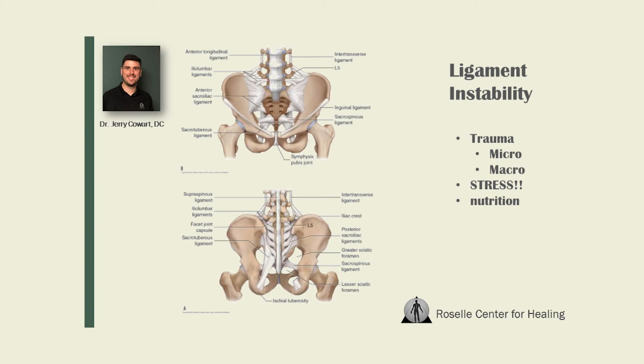So the micro traumas are the biggest thing with the current climate, because everyone's working from home right now. So a lot of people, if they had proper work ergonomics in their office, which some of them still didn't, and then they moved to working from home, they definitely don't have proper work ergonomics at home, because I've heard a lot of stories of people saying, well, I don't have my desk anymore, I'm just working from the kitchen table now, or I'm working from the couch, or I'm working from my bed. Those aren't proper work ergonomics. So those would all be micro traumas.